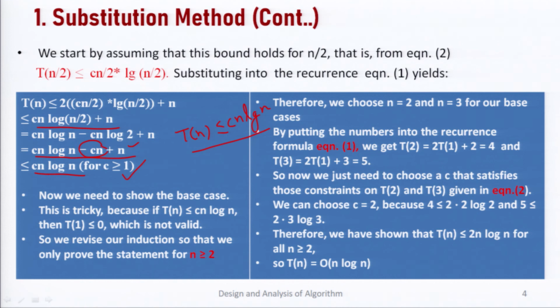So for the base case condition, if you take the value of n equal to 0, so what will happen if you put in this equation n equal to 0, so n equal to 1, so what do we get? T of 1 is equal to log of 1, that is 0. So we get less than or equal to 0, but our base condition is saying that T of 1 is equal to 1. So it is not working for n equal to 1.